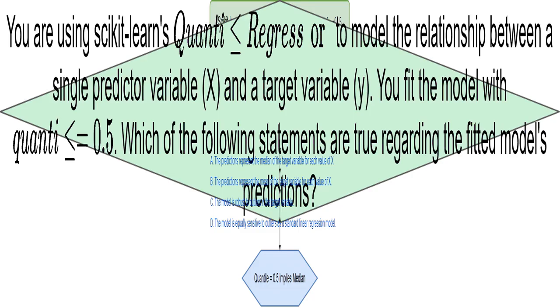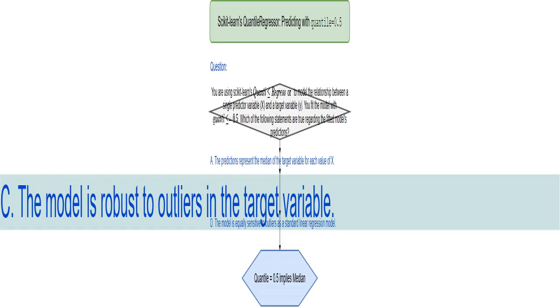We're using a QuantileRegressor from the sklearn library. It's a machine learning model that tries to predict the relationship between an input, x, and an output, y. Importantly, we're setting the quantile to 0.5, so we want to find out what happens when we're specifically looking for the median. Here's a key advantage of using the median.